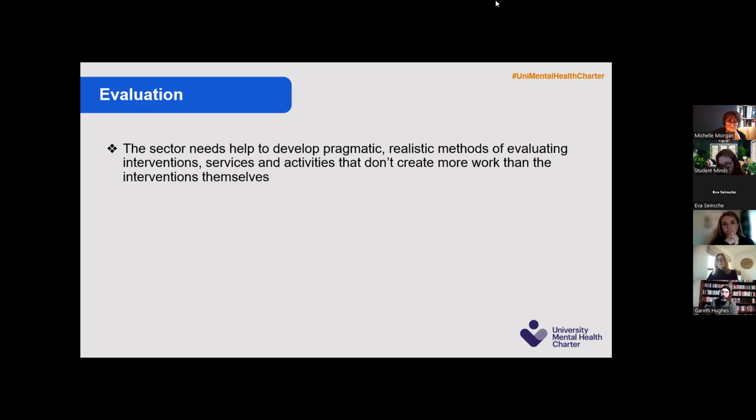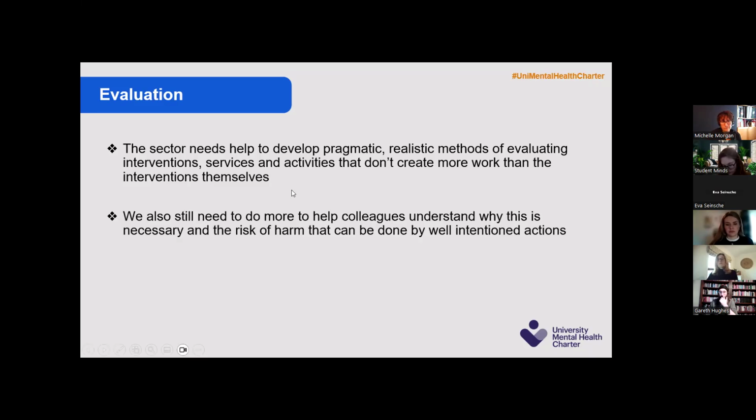And it's an exciting piece of work. If any of you haven't read Shell's original report using the pre-arrival questionnaire, it is definitely worth a read. And again, it speaks to the new principle of good practice that we've put in about universities adapting themselves to the students they have. The pre-arrival questionnaire is a good way for universities to work out who the student population is before they arrive. And there are some quite surprising findings in that report about experiences that students have or have not had that we might otherwise have made assumptions about.